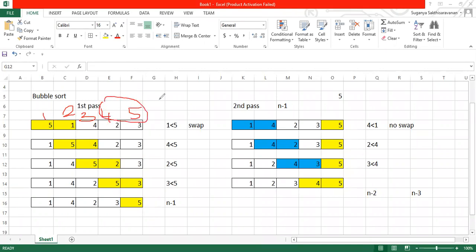Are we supposed to check with 5, or start comparison with the 4 itself? Where should we stop our comparison? Guys, are you following? We are taking 1 and 2, 2 and 3, 3 and 4, 4 and 5. So where does the control stop? At 4 and 5. Good. It should stop at the fourth point itself.